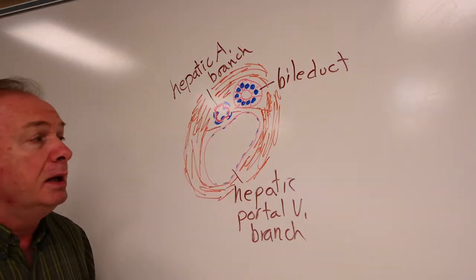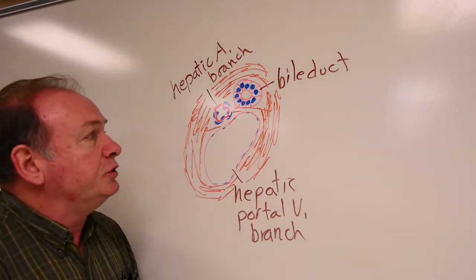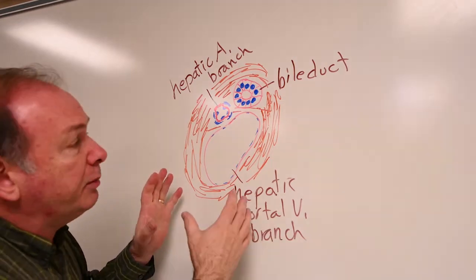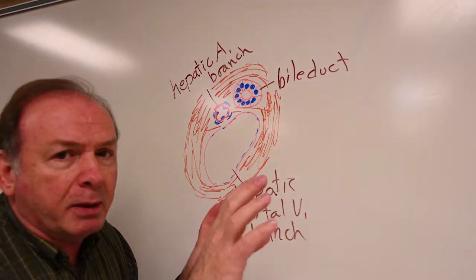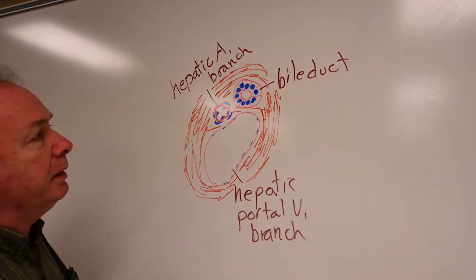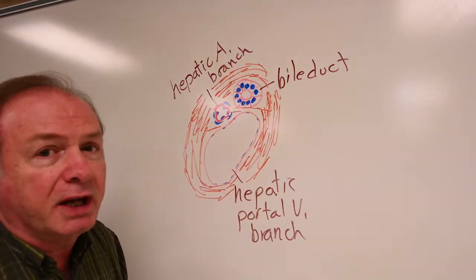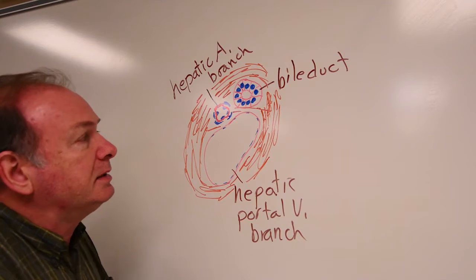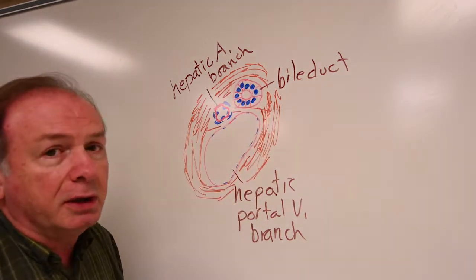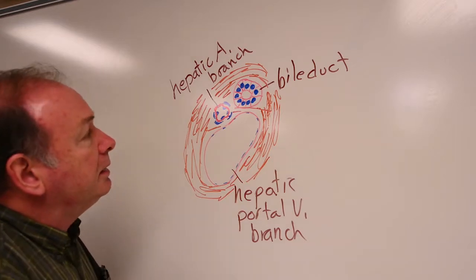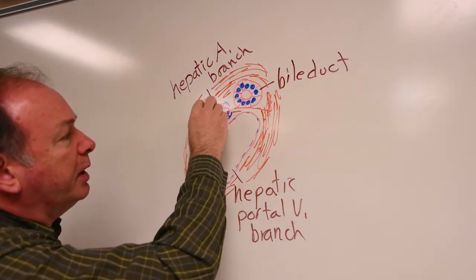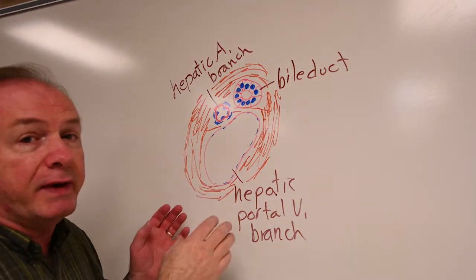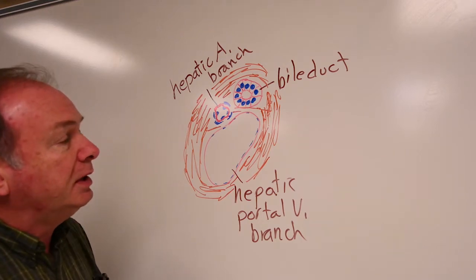And in there would be fibroblasts, of course, along with all this collagen. So that's a portal triad. They can be large, they can be small, depending on how far you are down that branching pathway within the liver. The larger the bile duct is, the more columnar the cells will be. So closer to the porta hepatis, where it exits the liver, you're going to have a taller epithelium in your bile ducts there. Where you see the taller bile ducts, you'll probably see a larger artery and larger vein to go along with it. Next, we're going to look at the central vein and radiating plates of hepatocytes in the